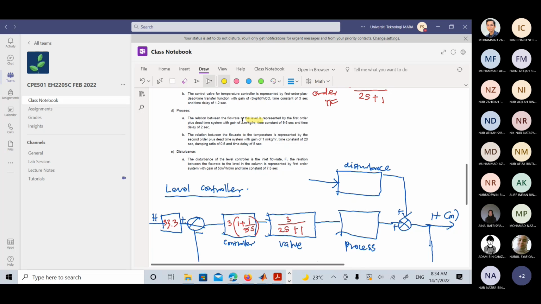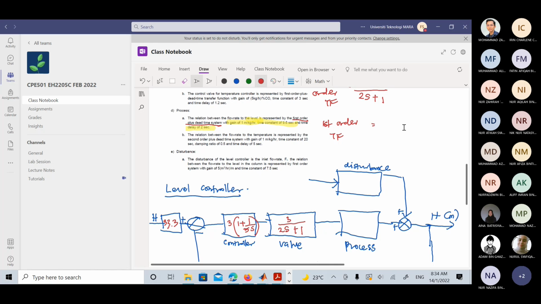Alright, the gain is 1 meter kg per hour. Time constant is 9.6 seconds and the time delay is 2 seconds. So for the first order transfer function and time delay, what is the general equation for the first order transfer function with delay time? So macam ni kita nak tulis first order transfer function